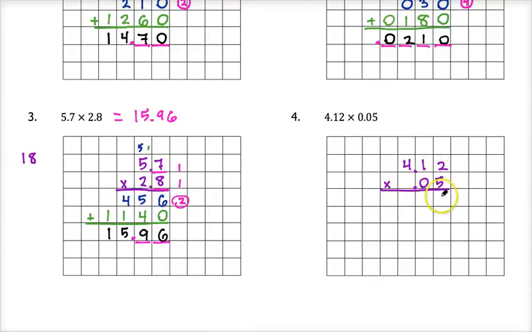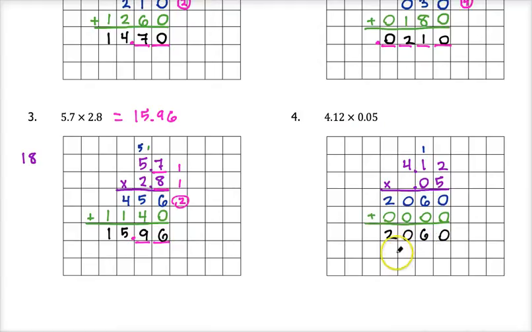So we're going to take 5 times 2, which is 10. 5 times 1, which is 5, and add 1, which is 6. 5 times 4, which is 20. On the next row, we'll add in a 0, and then we're going to have lots of zeros. 0 times 2 is 0. 0 times 1 is 0. 0 times 4 is 0. So we end up getting a